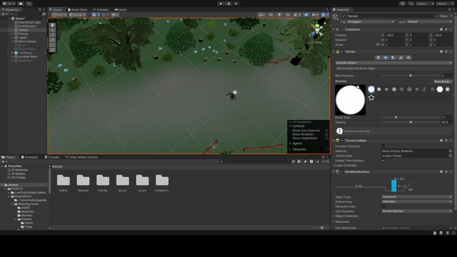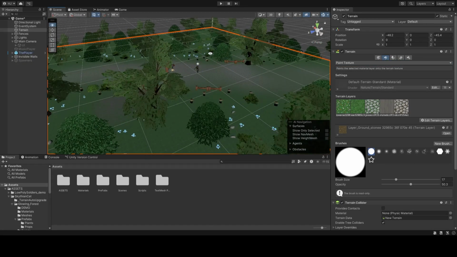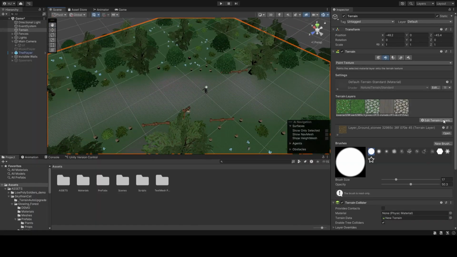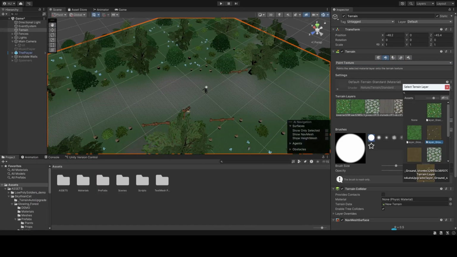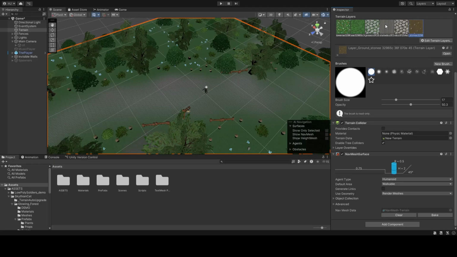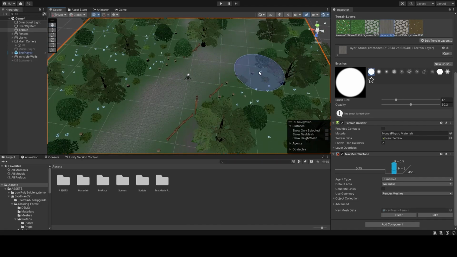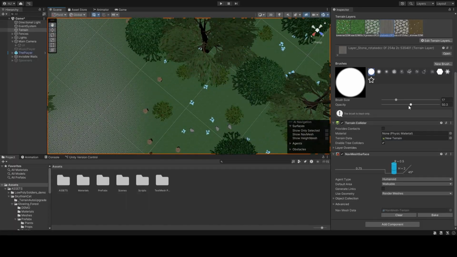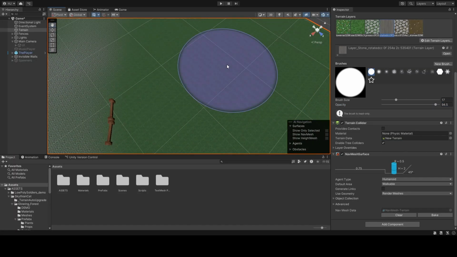The next one we have is the paint texture. Here you can go to your edit terrain layers, add layer, and pick out whatever layer you may want to add to your own terrain. For example, you can use the layer ground or the stone layer ground. Red layer, stone layer. It's already here. So if you click on the areas,